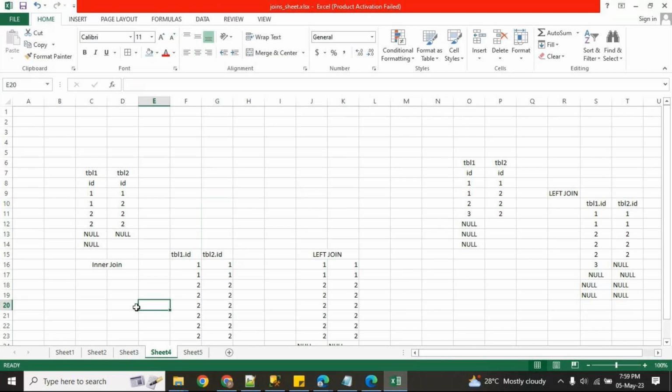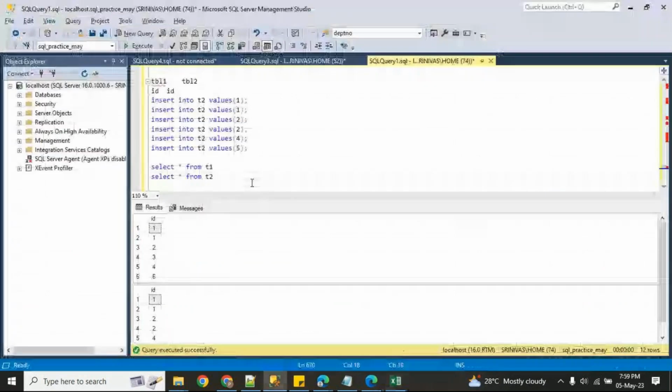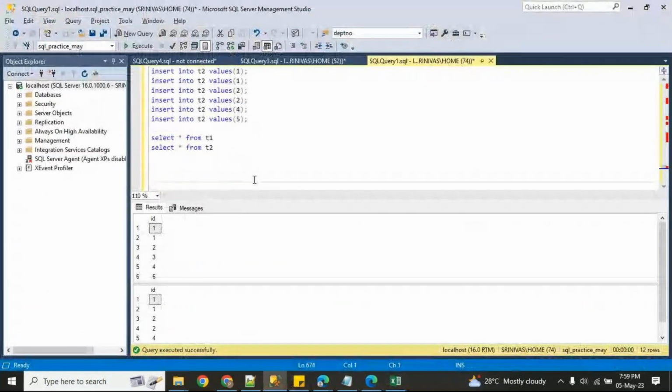Now the same thing, if you go for null values, how it could be. Create table, table 1, id int. Create table, table 2, id int.